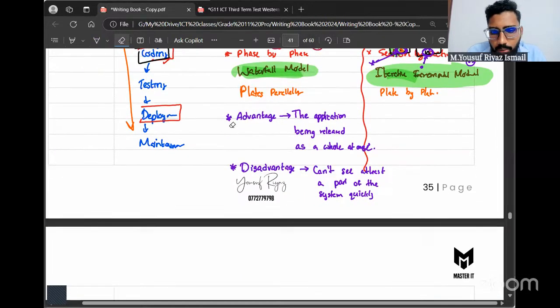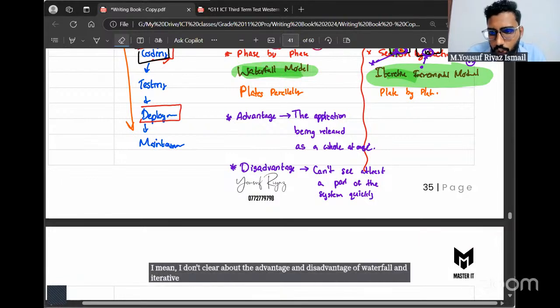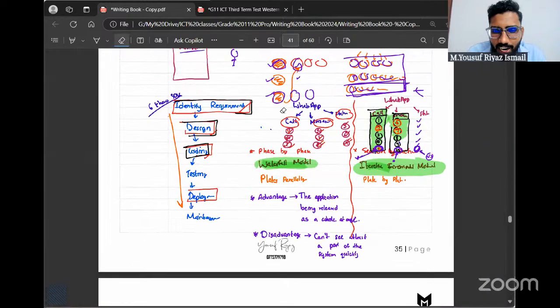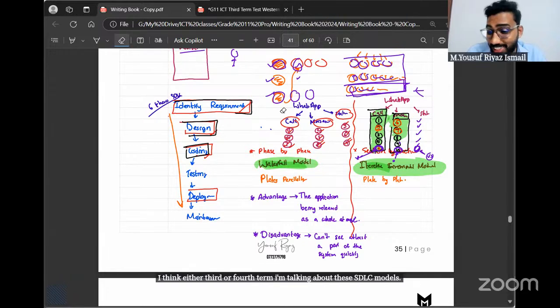Tell me, are you clear about the advantage and disadvantage of waterfall and iterative incremental model? Yes or no? I think this is the third or fourth time I'm talking about these SDLC models for this batch. If you still can't remember these things, I pity you. I first used the example of car wash, then washing plate.